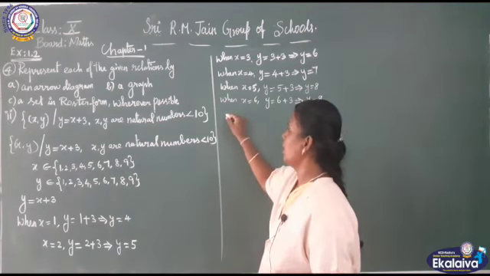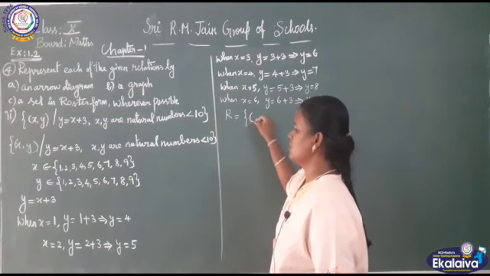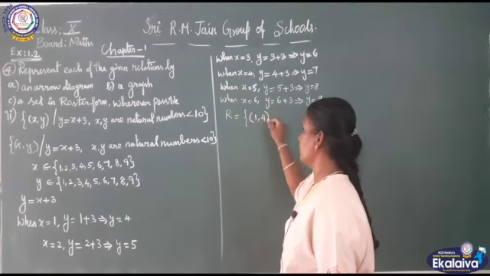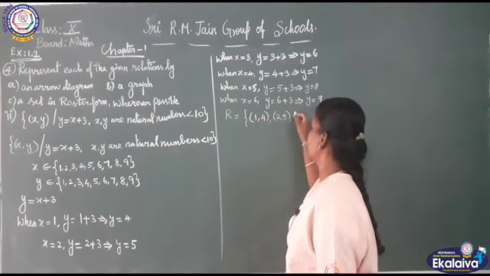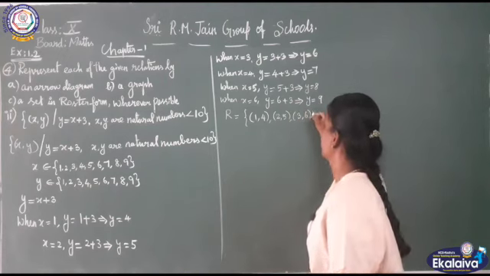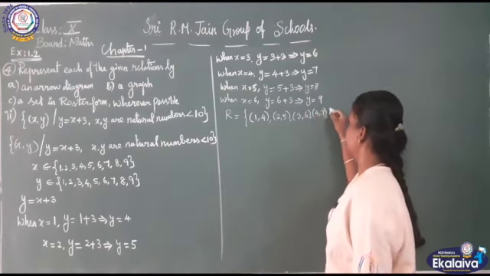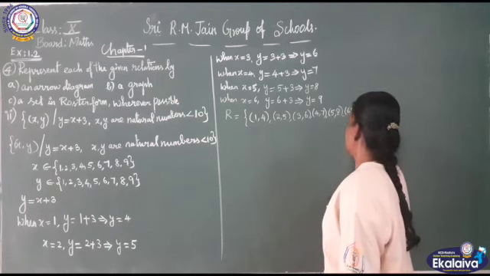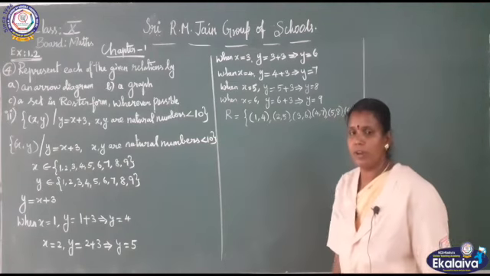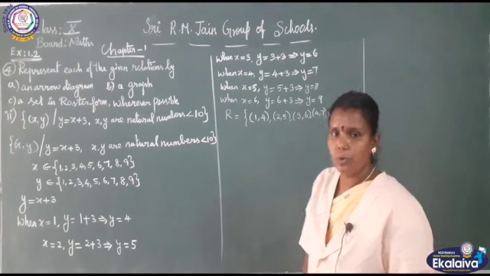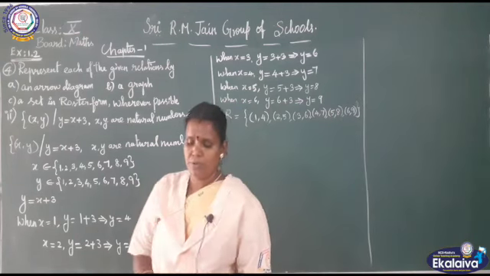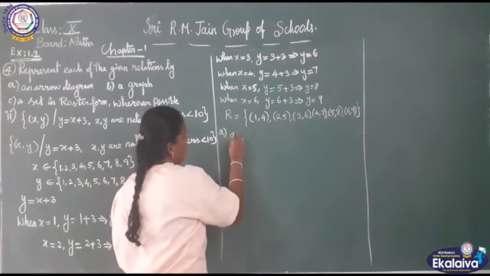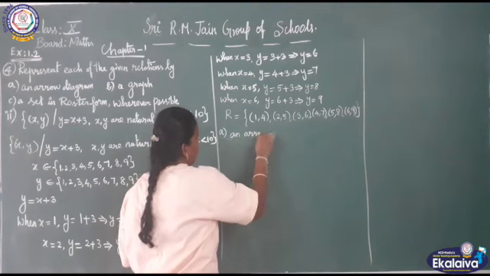Okay, we will stop here and write the relation, which is x comma y in the form of x comma y. When x is 1, y is 4; when x is 2, y is 5; when x is 3, y is 6; when x is 4, y is 7; when x is 5, y is 8; when x is 6, y is 9. So this is the relation. Are you clear, children, how I write the relation? After writing the relation, what do you have to do? We have to proceed with the 3 subdivisions of representation. Number 1, arrow diagram. Option A, we use an arrow diagram.